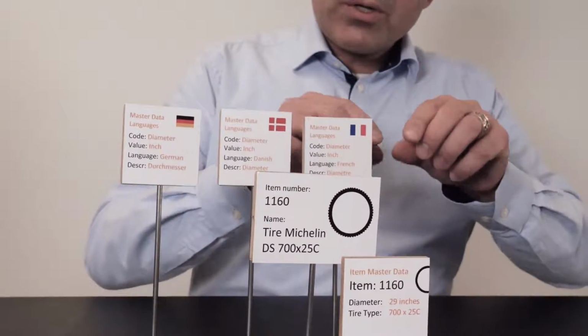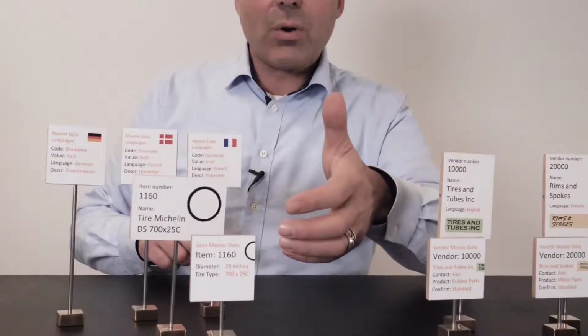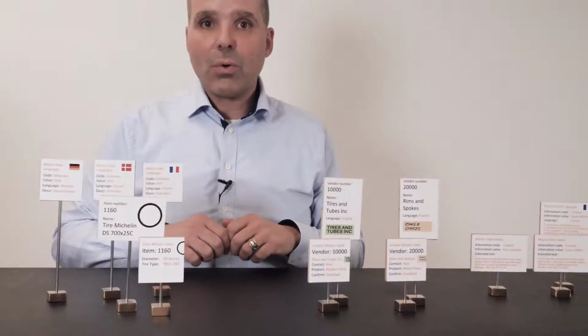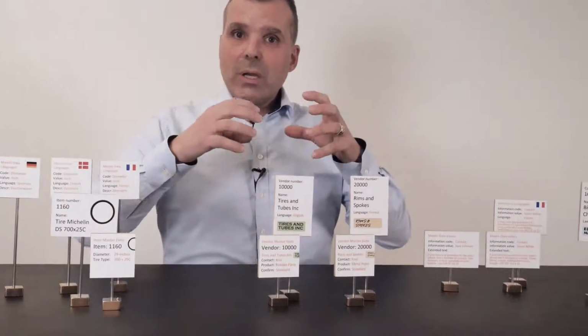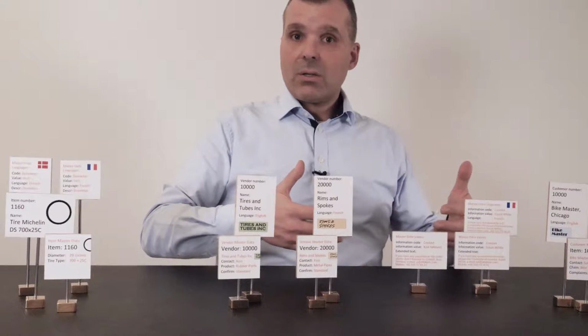So in this way, the word diameter exists only one place in the system, and if I've spelled it wrong, I could just change it here, and it changes everywhere in the system, on new orders, new documents, etc. So it's a very unique data structure of working with data with a single point of change concept.